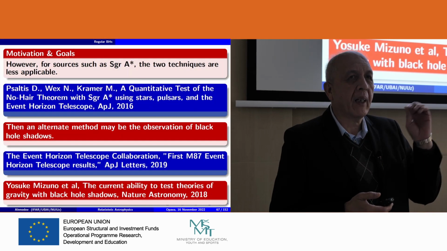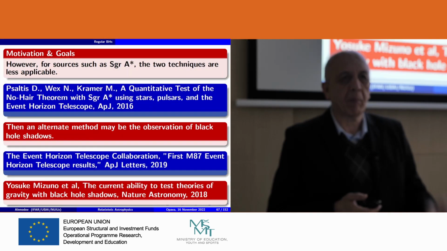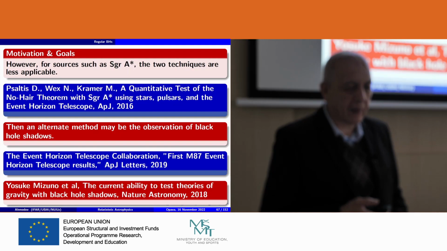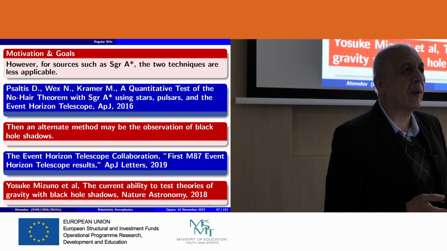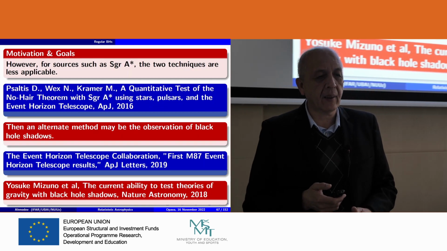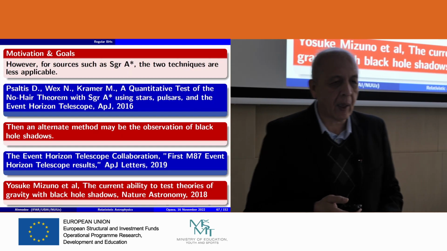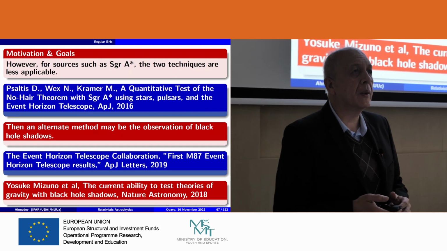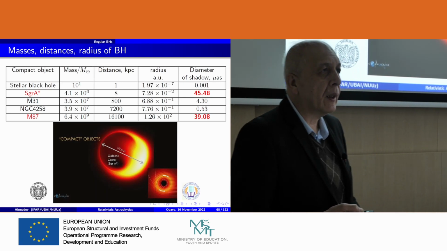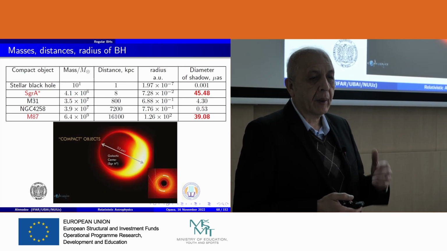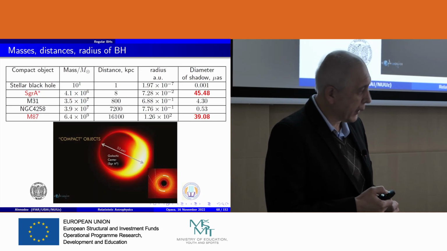Measure two parameters of the black holes. It is the mass, and the second parameter is the spin. And spin of the supermassive black hole is difficult to be measured. And then we will discuss how it can be measured using the Event Horizon Telescope. Okay? And now what is it when people talk about